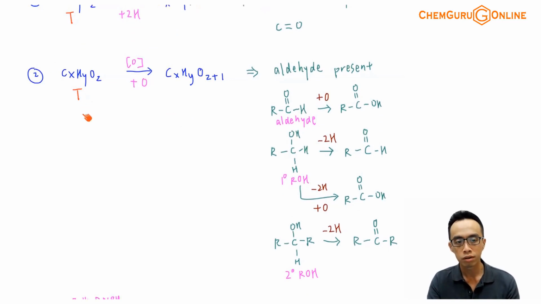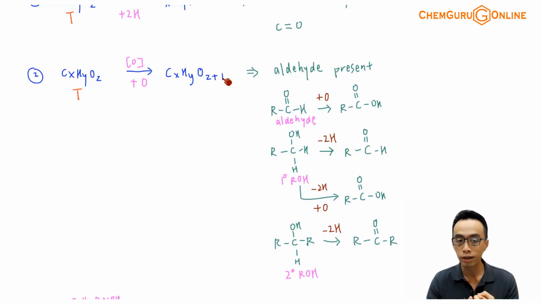Now result number 2, T will undergo oxidation to give me CxHyOz+1. Effectively what we are doing is adding an oxygen, again by comparing the differences in the molecular formula between the reactant and the product. Now actually this idea is interesting. Based on the differences in the molecular formula, I can deduce